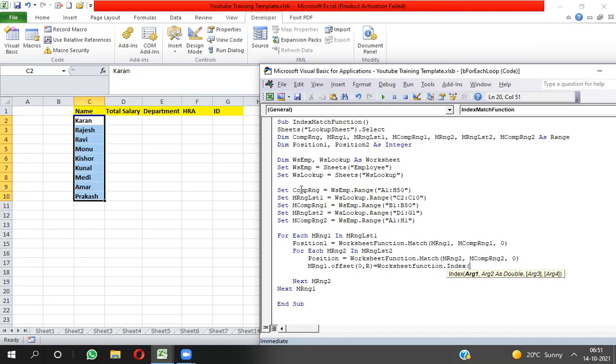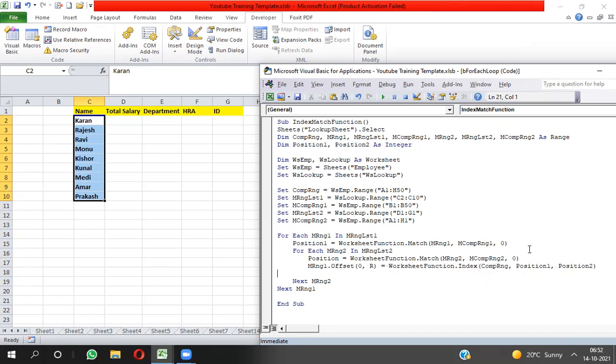Complete range is available in comp RNG. So I will take here comp RNG. This is the first parameter of index, comma. Second parameter will be position 1, comma, position 2. So this index match function is done.